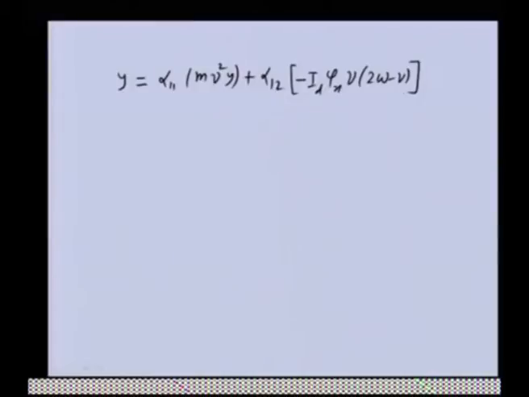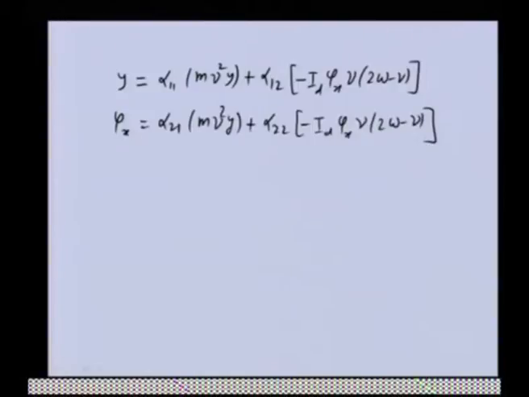Then phi x, alpha 2 1 m nu square y plus alpha 2 2. Here also we need to keep the minus sign. Now, you can see y term is here, y term is here, phi x is here, phi x is here. Now, we can rearrange this equation in a matrix form